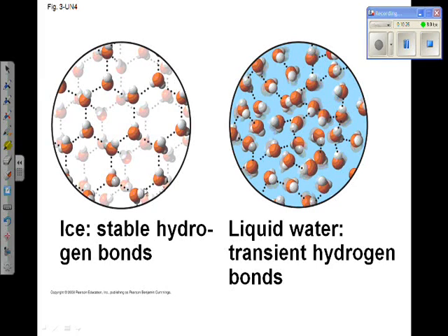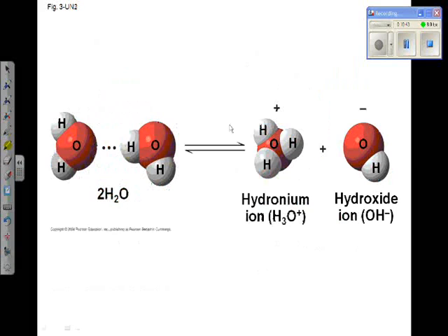So let's look again. In ice, there are stable hydrogen bonds. They're locked into place and they're not moving. In liquid water, there are transient hydrogen bonds, meaning that they're constantly associating and disassociating. This leads to our next concept, which is acids and bases, or the concept of pH. Acidic and basic